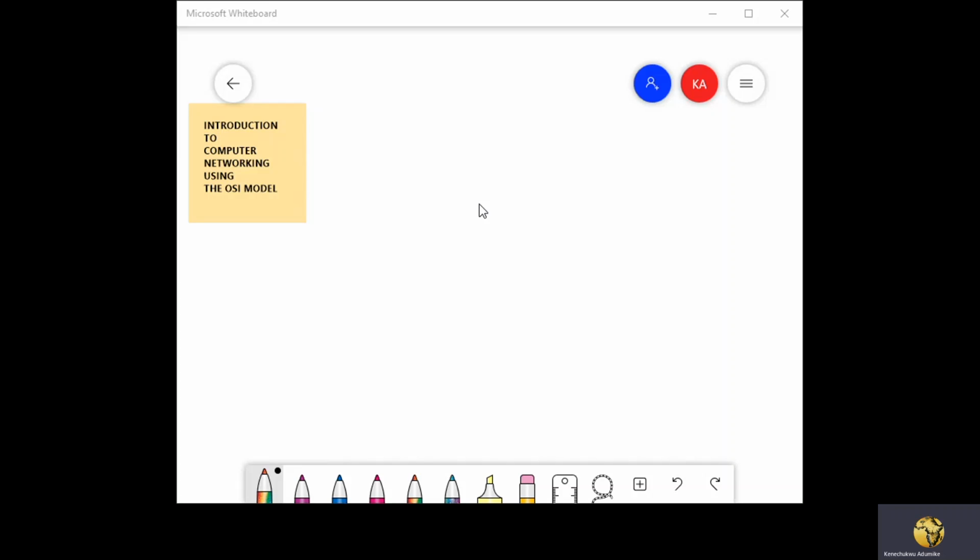So first of all, let's talk about networking devices. When we talk about networking and networking devices, we are looking at different devices and infrastructure that come into play when ICT is involved with regards to communication. So we are talking about things like